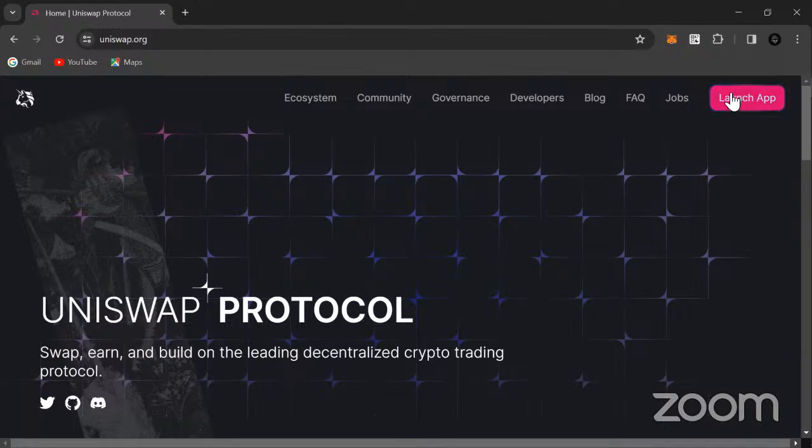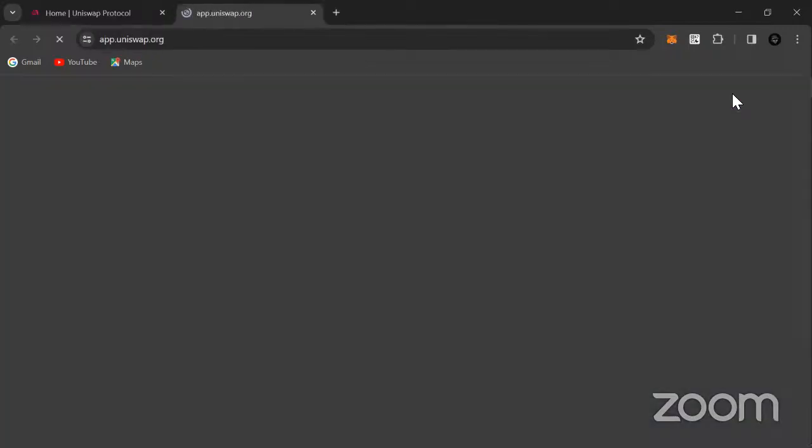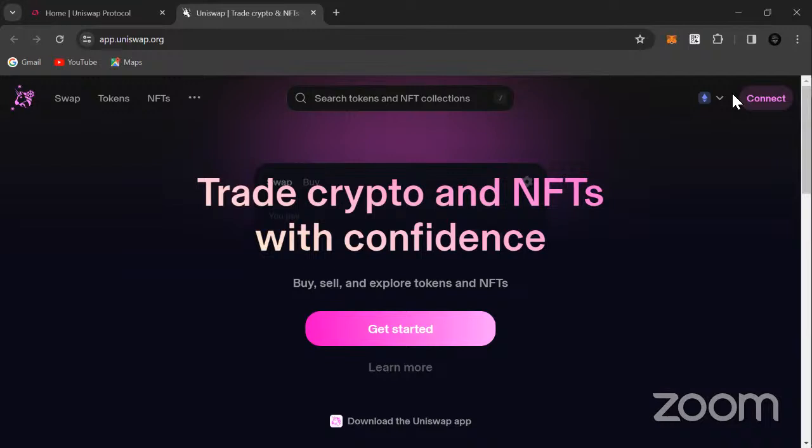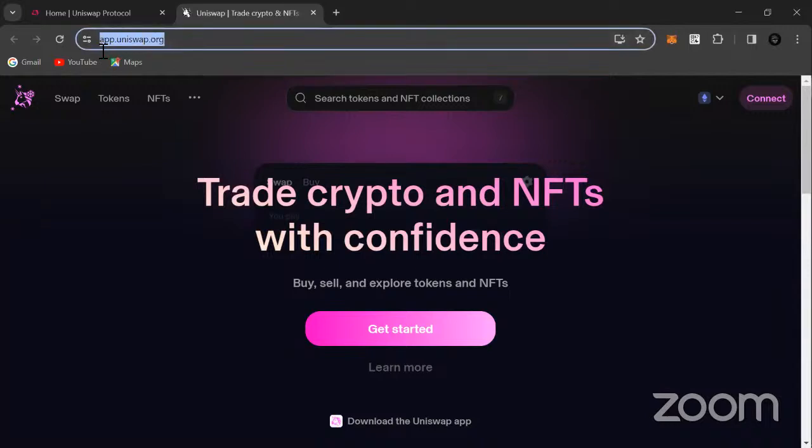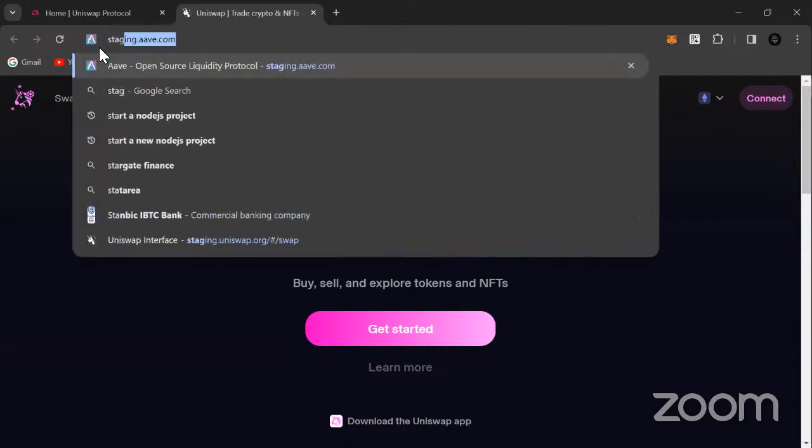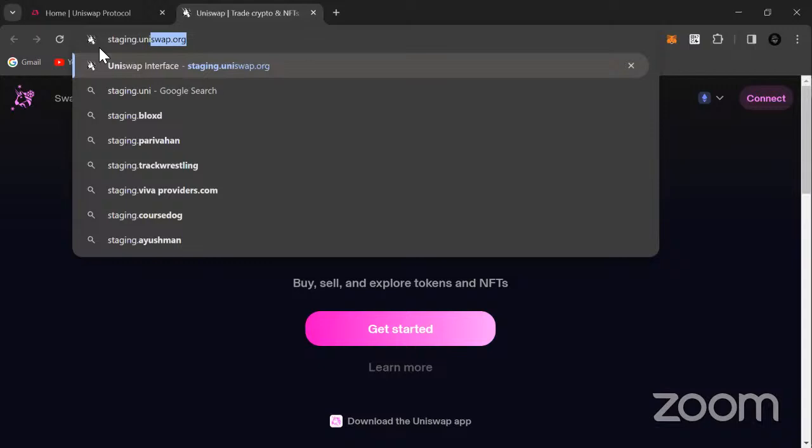To do that, you just have to come to the launch app. Uniswap has undergone different upgrades, and right now they have version 3. In version 2, you could interact with the testnet and the mainnet from the same address. In version 3, they changed that. So when you launch the app, you change the URL from app.uniswap to staging.uniswap.org.